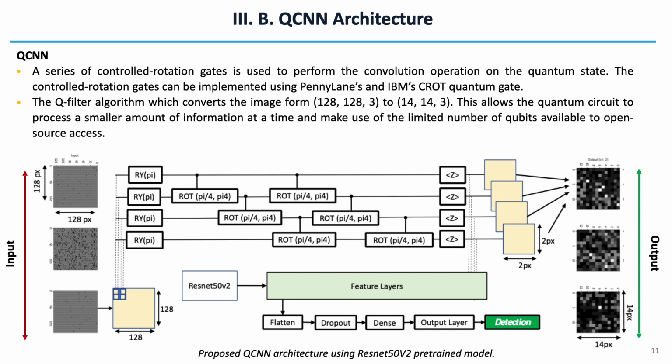This sheds more light into my statement previously of how 128 by 128 images are being convolved into 14 by 14 images. Firstly, the design choice of using 4 qubits was that IBM, the most effective gate-based quantum computing provider, has a free version which only has 5 to 7 qubits. Since we could solve our problem using only 4 qubits, we did not study the effectiveness of more qubits using a paid version of IBM.